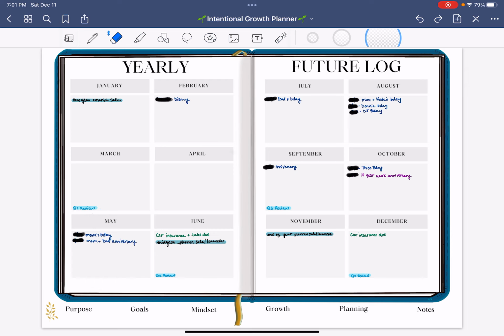So the idea is to use this template, this yearly future log, fill in important dates, birthdays, anniversaries, financial things, work things, whatever your focus is, and then look at this when you're filling out the monthly template. So you can see